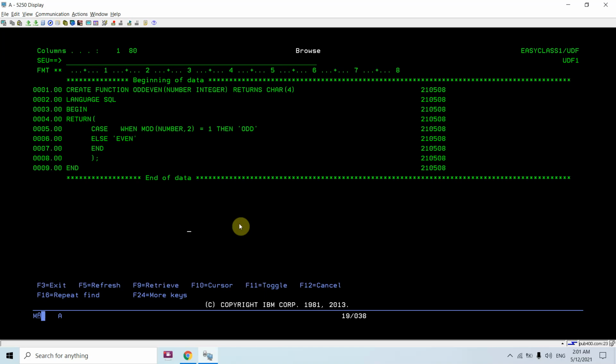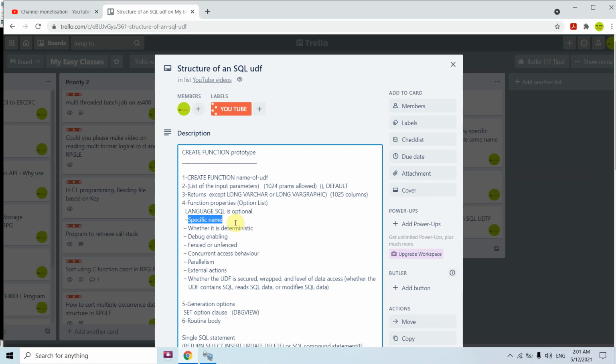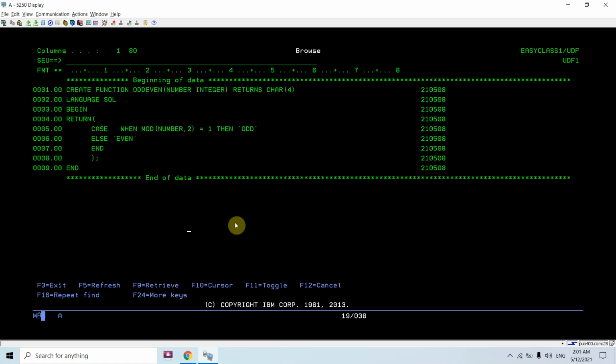These things may be asked in your interview, whenever you go for an interview and are asked some questions regarding user defined functions, that is, what is SPECIFIC. Basically, the SPECIFIC keyword is used whenever we are creating a function.